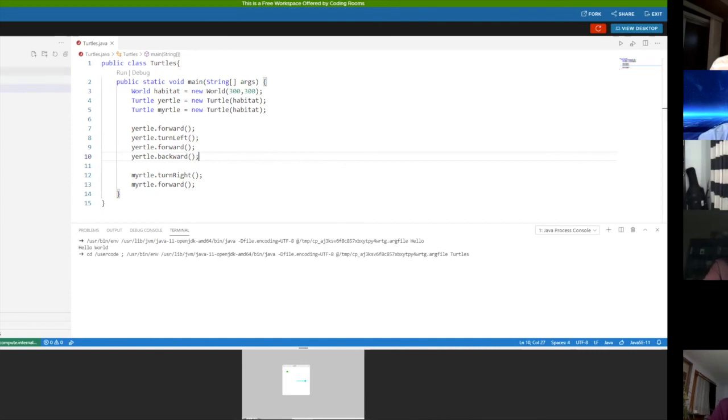And when it comes to using jars and these external libraries, Python, of course, is really nice with handling these other packages and importing them. Java can be a little more complicated with setting that up. And you may be more familiar with IDEs that make the experience really easy. In Coding Rooms, you do have to do a custom run configuration to get the jars to work just right. But with Visual Studio Code, if you've used it for this before, you can just simply create a folder within